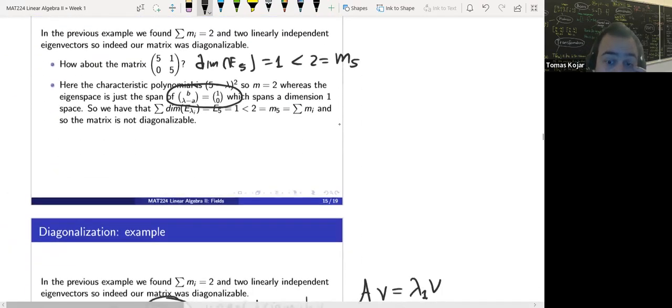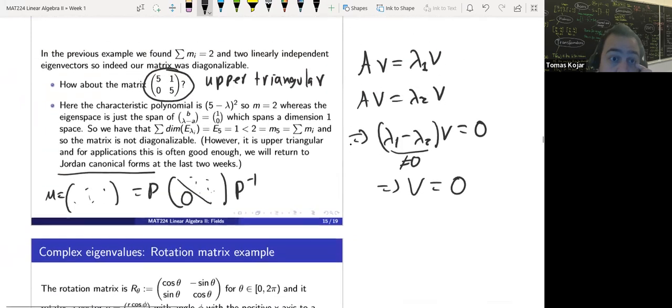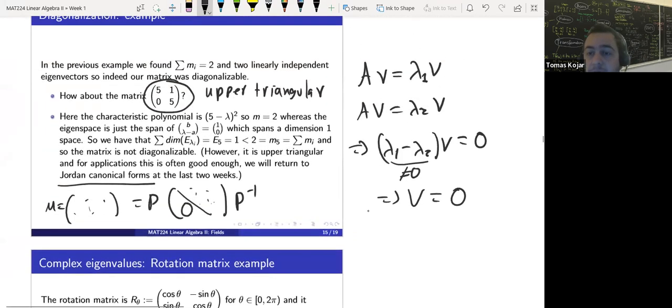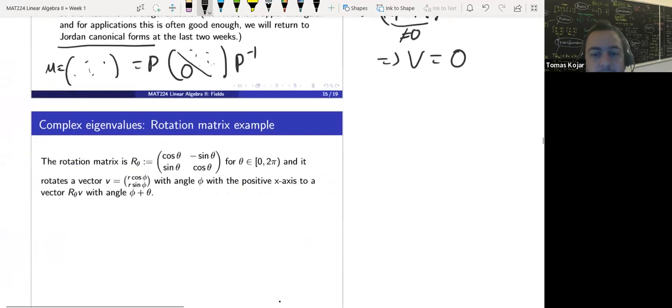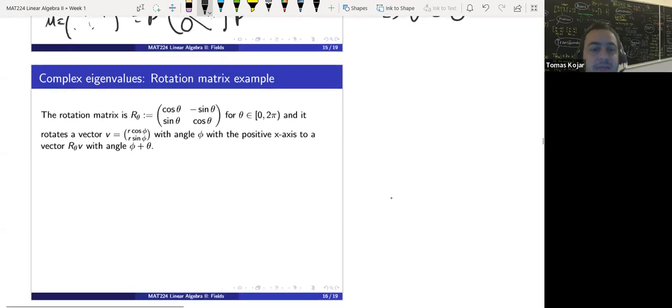All right. So okay, that's for the review, and now we move on into complex numbers. Okay, so let's start there. What's a good introduction is the rotation matrix. Okay, so this is called rotation matrix, meaning that if you have a vector like this with an angle phi,